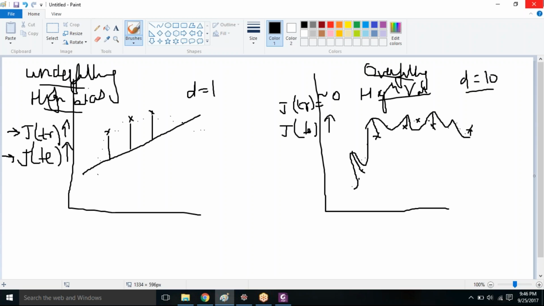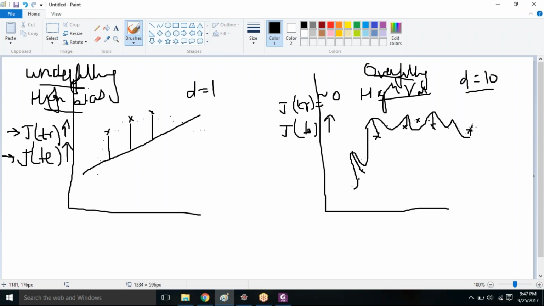But in the overfitting case, it has learned so well that it unnecessarily passes exactly through each and every training point, and the error is 0. But due to the high degree, the model has learned so well that on the test data, which is on the same pattern, the error will be high because of the huge